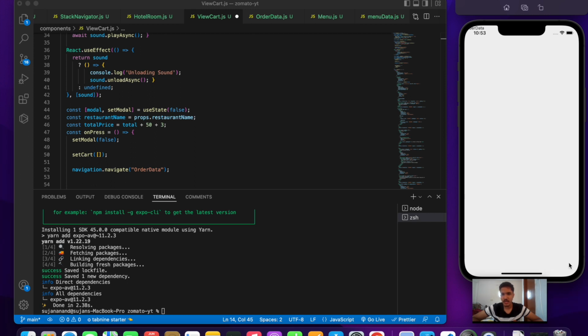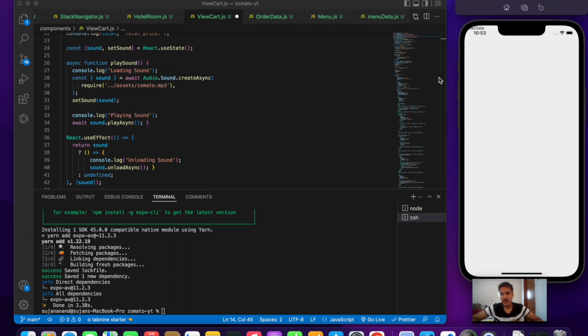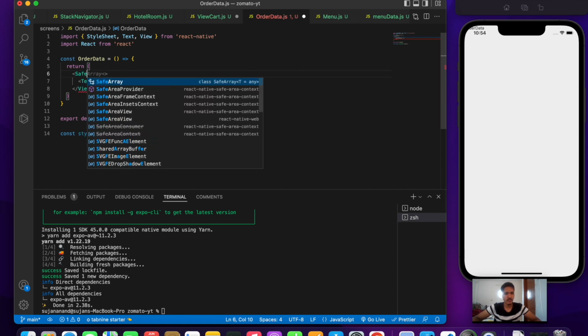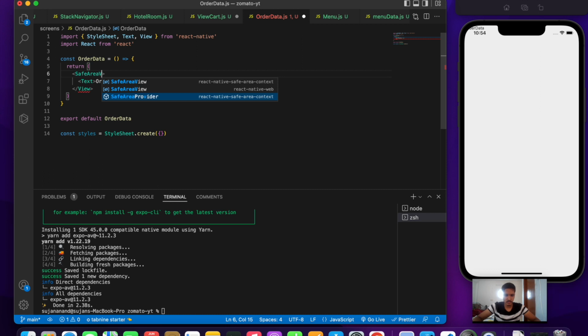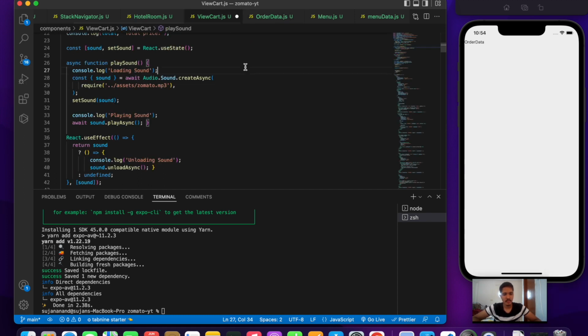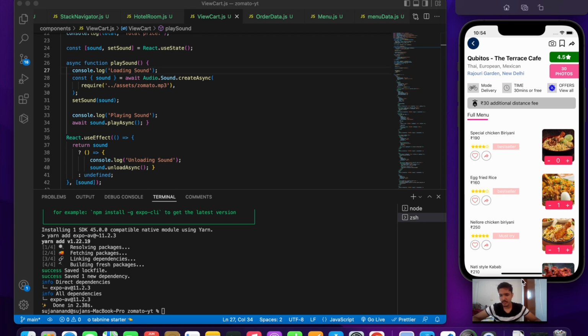All right, we are not able to hear the sound, but everything else is working. That is, we are coming into the next screen. Okay, I think I didn't save the file or something. Okay, first let us go to the next screen and make this a SafeAreaView. Same thing comes here. So here let's import it from React Native, save the file, and save view cart also. So if I go back, the cart should be empty,